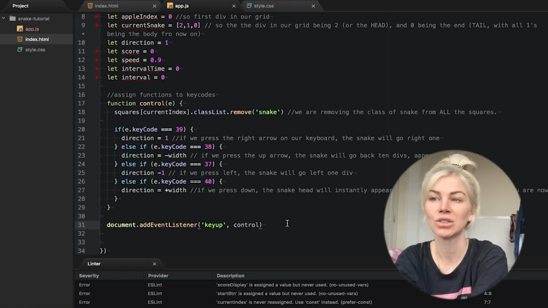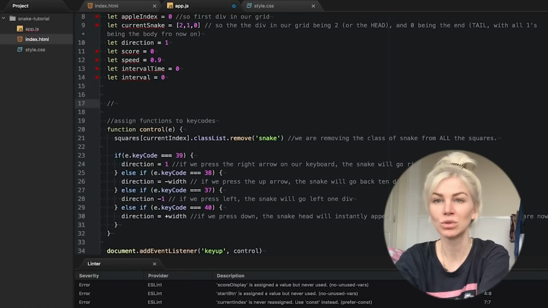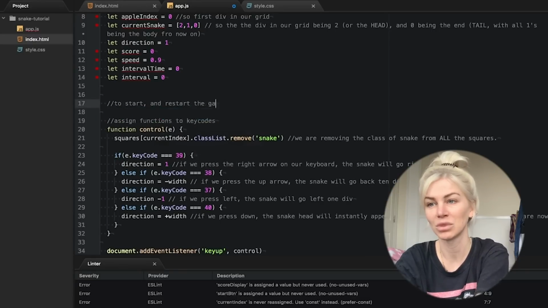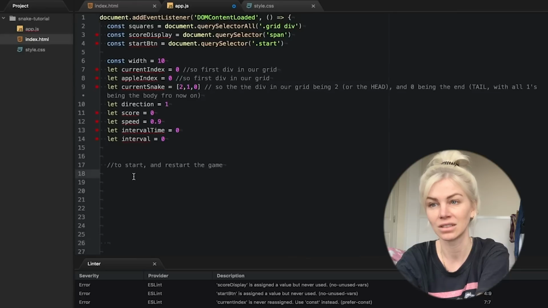Now we have assigned key codes to our snake movements, let's write a function to start the game and make our snake move at a certain speed around our grid.